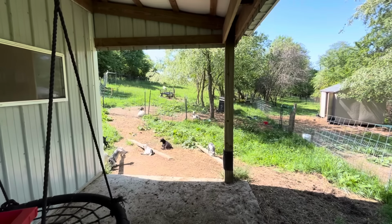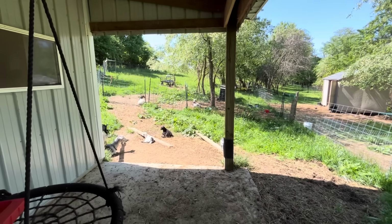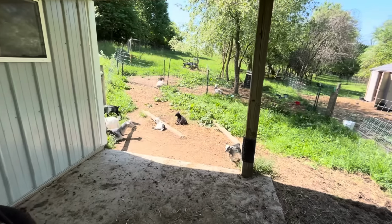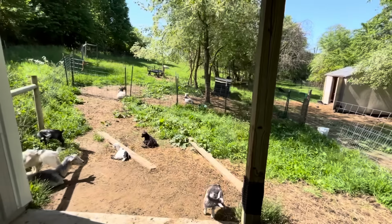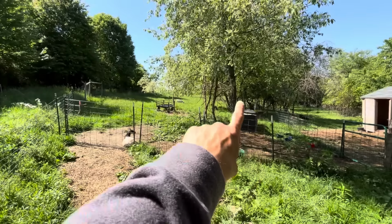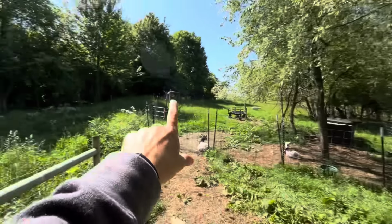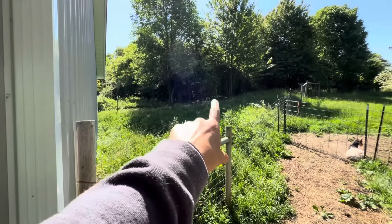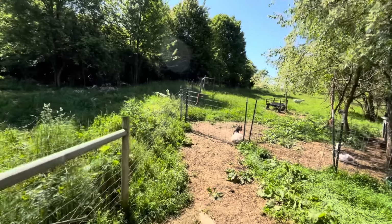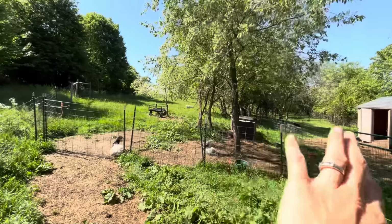It'll get further complicated when we bring these girls back over and we bring Muffin and, well, Latte will go back with the boys. But once that happens, once we get all these goats out of here, since I'm working on this pasture, I'll show you guys how far we are on the fence. I decided to start it right here. I'll show you when I get out there. But anyway, once we get everybody,